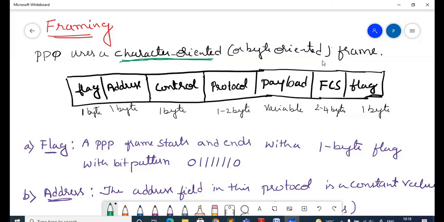Now this is a frame structure. You can observe it and count. This is a variable length frame. In the beginning of this chapter, I described two different types of frame structure: one is a fixed size frame and the other is a variable length frame. Now you can observe this is a variable length frame. I cannot tell what the maximum size of this frame is, because it depends on the payload, the user data, how much user data they are going to add.